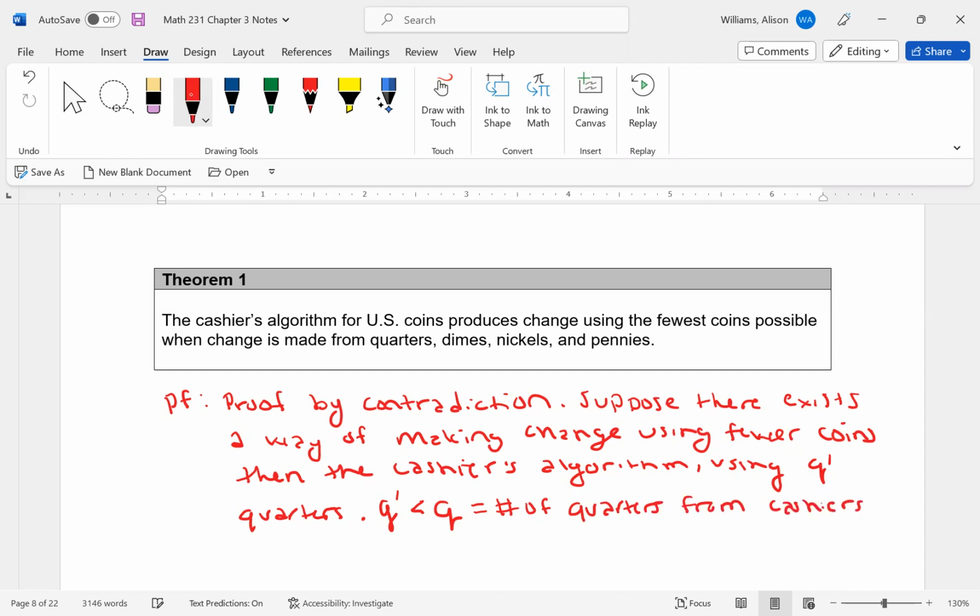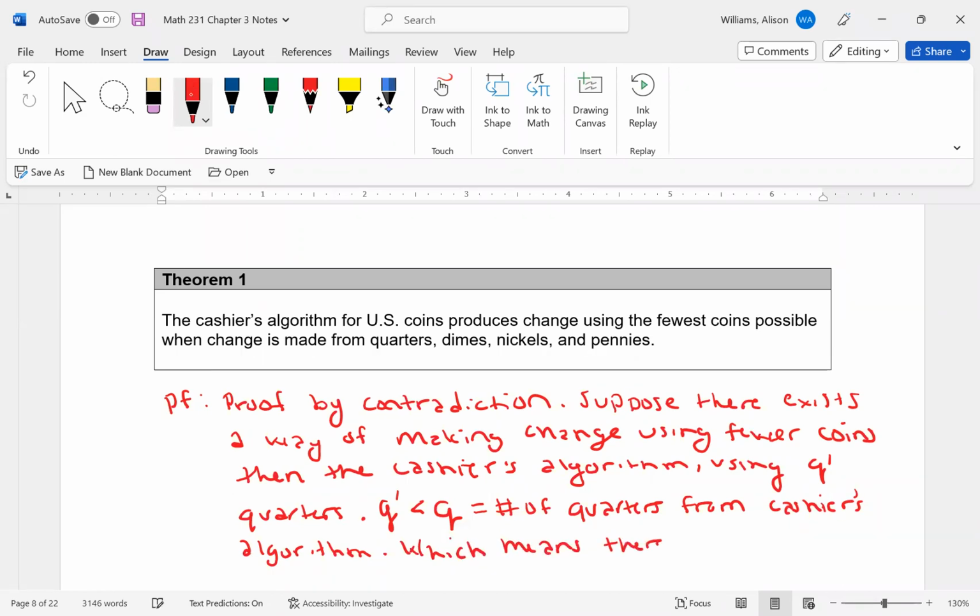So it's using fewer quarters, but they're making the same change. So here's the problem. If it's using fewer quarters, that means it's going to have more than 25 cents left over, because the cashier's algorithm is using more quarters. So there's definitely at least a quarter's worth, at least 25 cents worth left over, which means